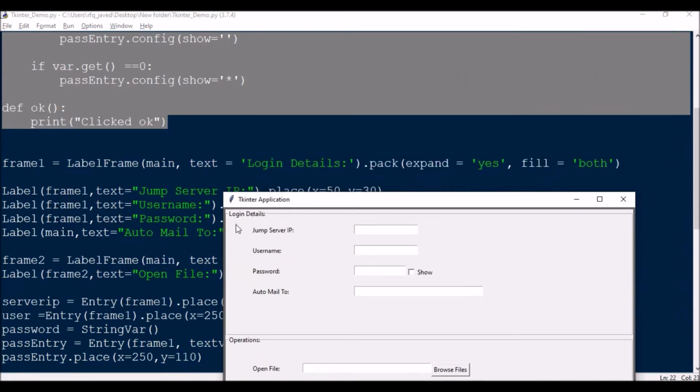Now for the first frame, the login details frame, right? I have two frames here, the login details frame as well as the operation frame. For the login details frame, I need to create the frame as a tk label frame. I'm going to label it with window main. Window is main. Then what's the name of the text? Text is equal to login details. And you can pack using